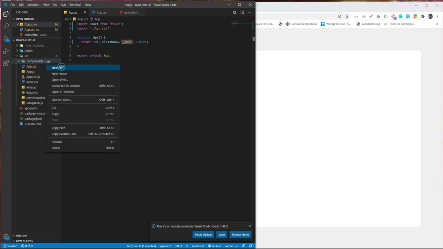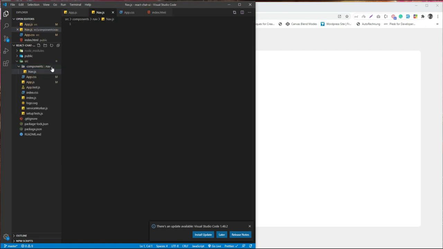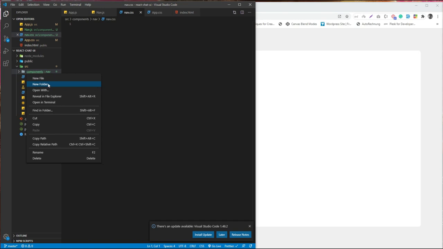In nav I'm creating two files, one for JS, one for CSS. The component file name is nav.js and another file is nav.css. Fine, this component is done.